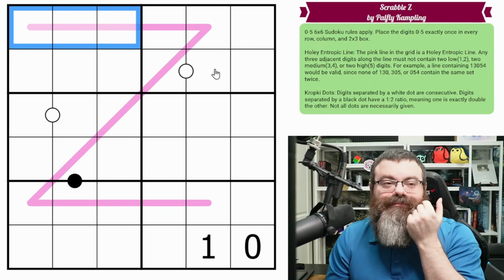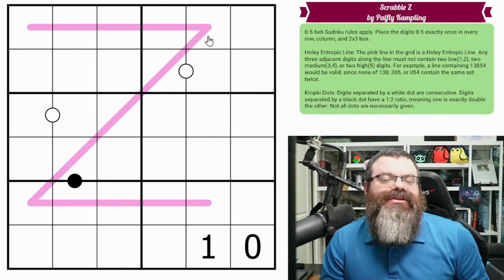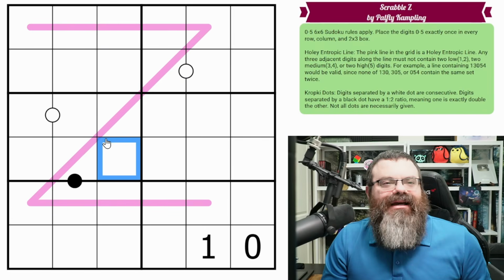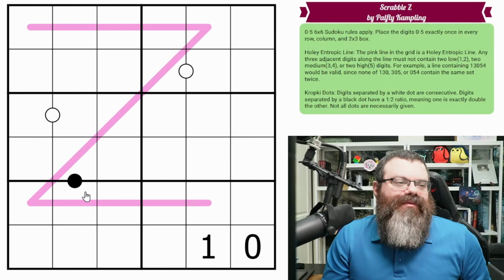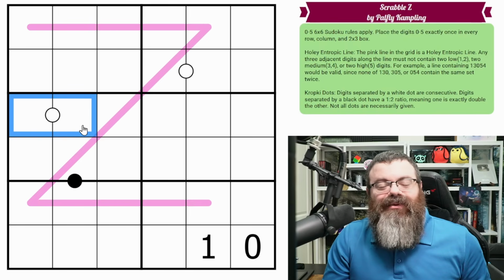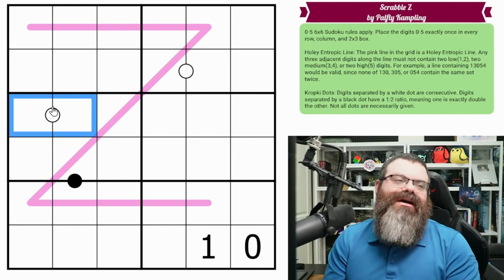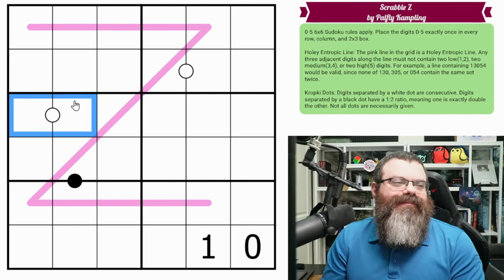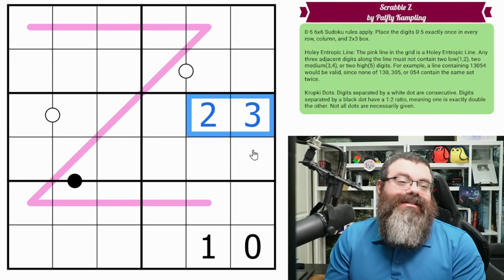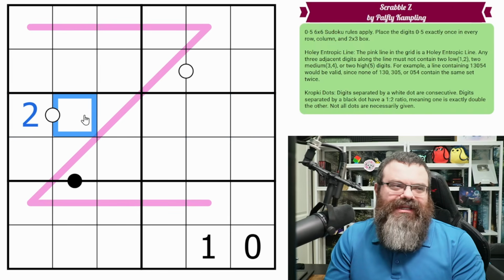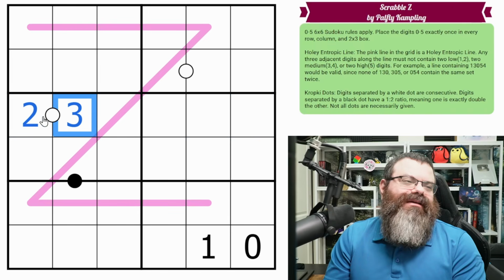All right. In addition to that, we do have Kropki dots. That's these white dots and the black dots in the grid. So the way these work is white dots separate consecutive digits. So I should say the digits separated by the white dot are consecutive. You can have consecutive digits outside the white dots without a white dot, and that's fine. But if this was a 2, this would need to be a 1 or a 3